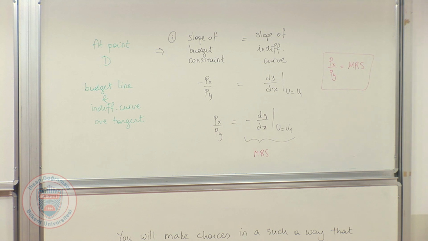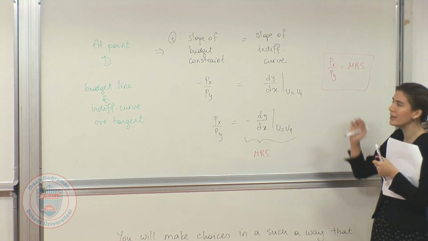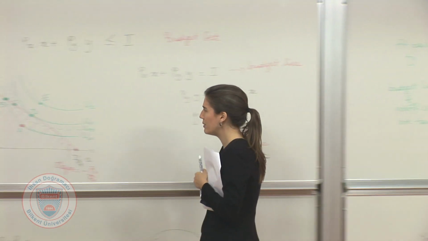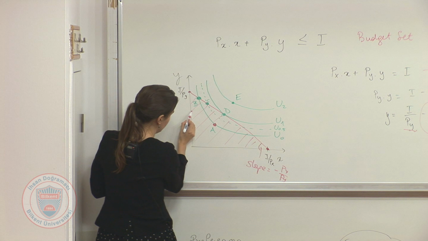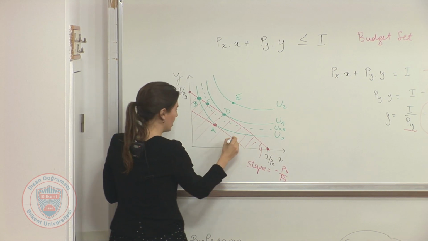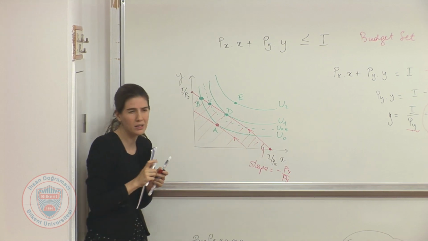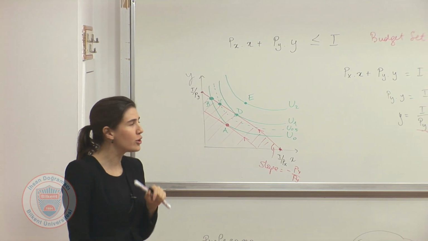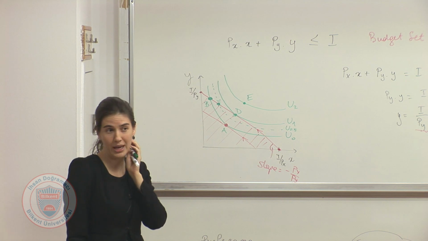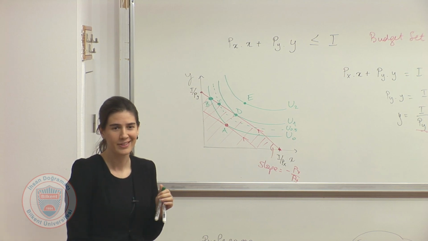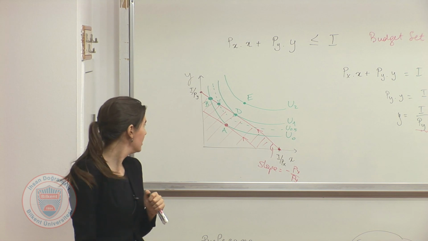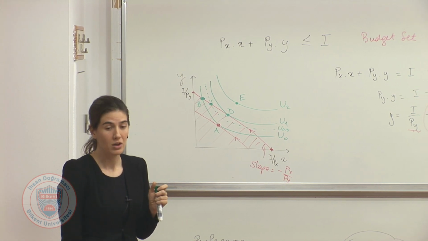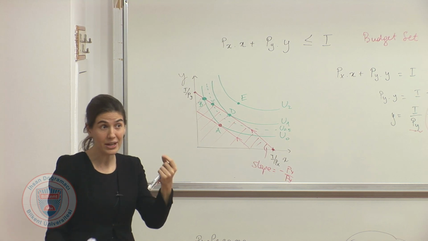So this is one thing, and then there is actually another one. Suppose we have this, and suppose this and this are parallel lines. Then this first condition is satisfied also at point A, if they are parallel. Why is A not optimal? Because we didn't spend all of our income. Right, so for the tangency,